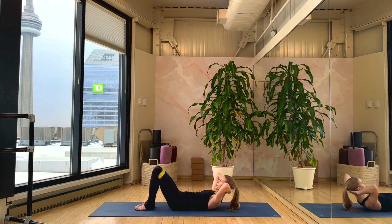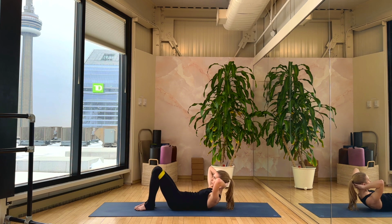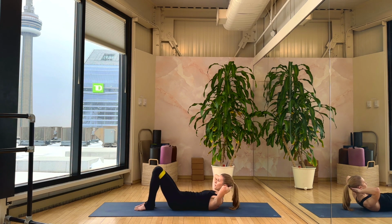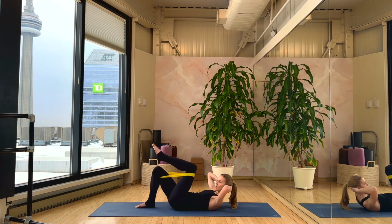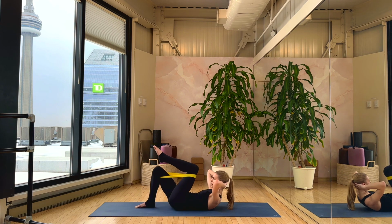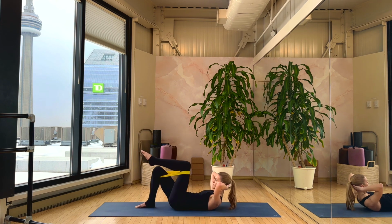We have 4, 3, we're gonna add on in 2. Lift the chest, look towards the tops of the knees. Now we're gonna pull one knee in towards the chest as you lift, tap the toe as you lower. Pull that knee in, tap to lower. For 6,